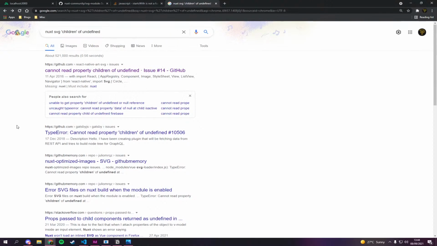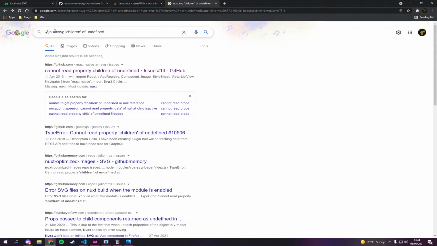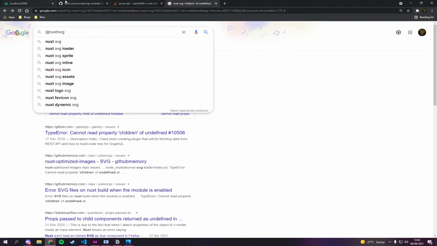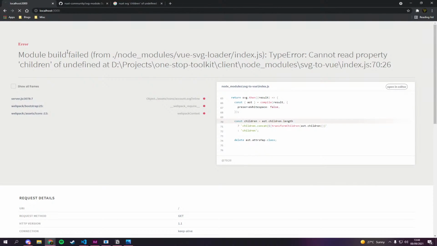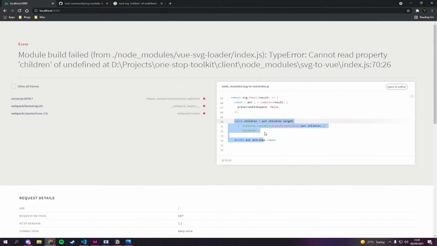Right, let's have a look at this one. Nuxt. What package are we using? @nuxtjs/svg. And what's the actual error? That's not that one. Back here we've got, we're just checking it was definitely an error. Children AST. Okay, that's no. That's just in the actual thing. Const children AST children length. Reserve white space. Yeah, I don't know what. Anybody? Benno, you got any other solutions?